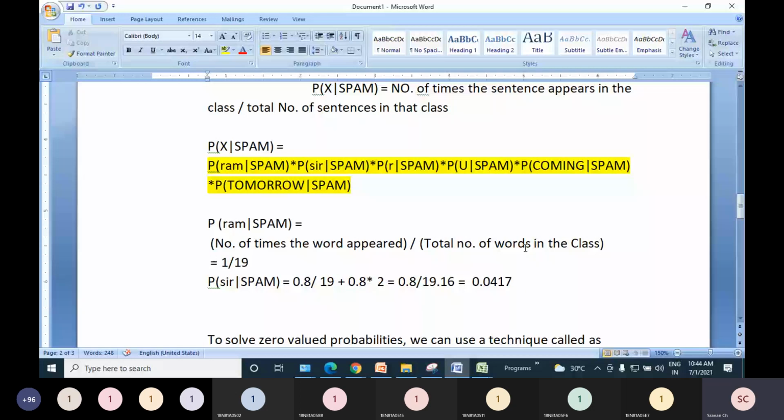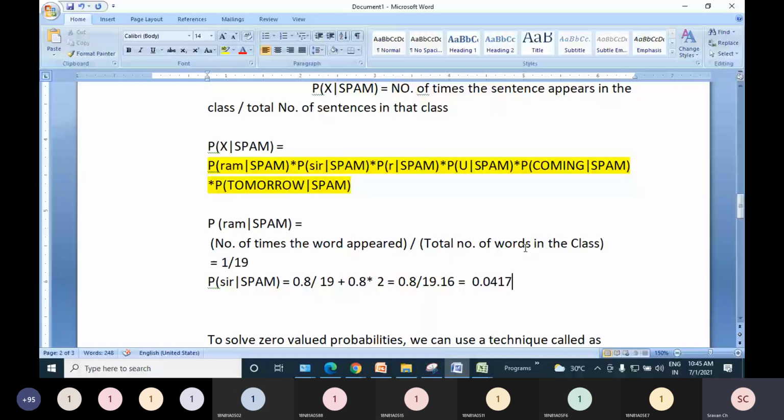So friends, if you observe, when we work with a large scale data set or on a real time problem, these probabilities will vary. They will not be so similar. Like 1 by 19 we got, if I find another word 3 times, it will become 3 by 19. Another word I may find 10 times, it will become 10 by 19. So with multiple combinations, you get different answers for each conditional probability. Because we have taken a very simple example, with only 3 records and very few words.